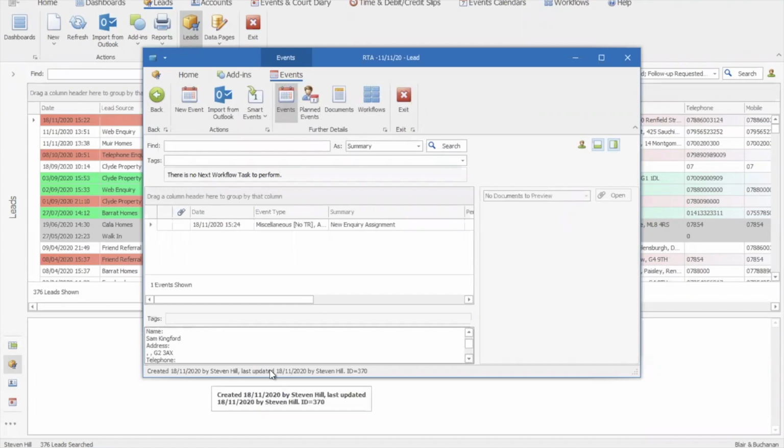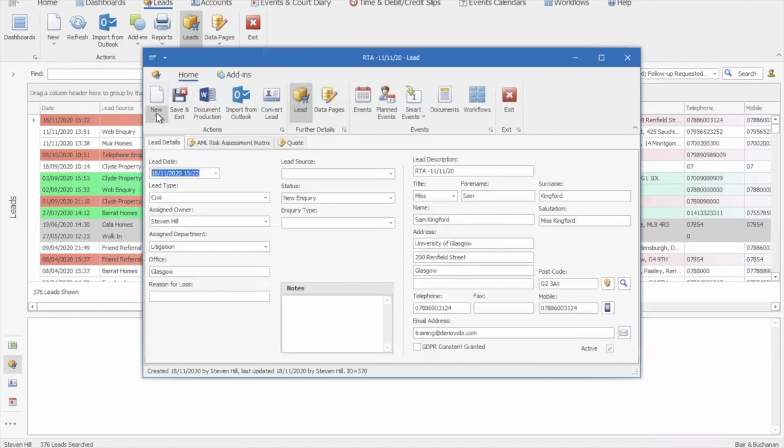So not only can you get an Outlook-style notification in CaseLoad, you can also get an email to your mailbox to tell you that that inquiry has come in. So we'll work on the basis that this inquiry is going to then convert to a client and matter. Because we've already got quite a lot of information on the screen, we're going to have to put less information in to onboard them as a full client. And then we'll see how quickly that converts to